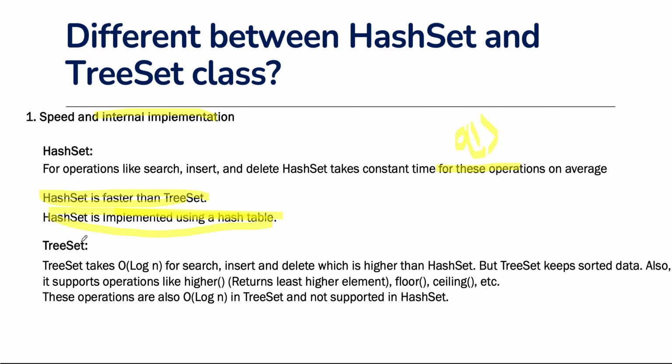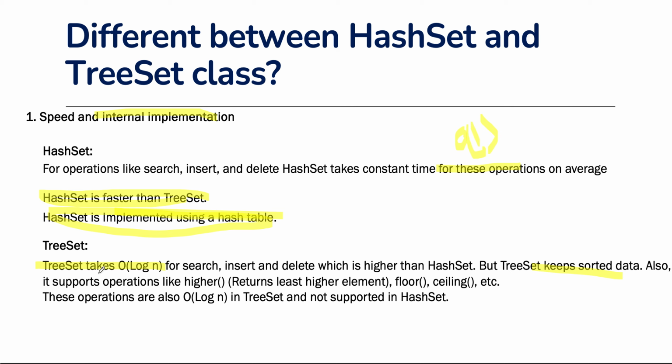So what about the tree set? In terms of time complexity, tree set is going to take a little extra time for searching, insertion and deletion, because internally it uses a tree data structure, where it is going to insert the element in a sorted format. So that is also an extra operation, right? That's why it is going to take a little extra time. So here it is taking constant time, here it is going to take O(log n).